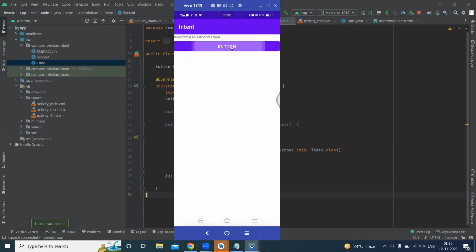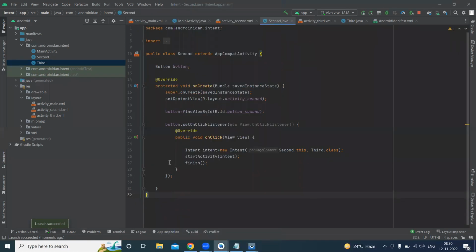So I'm going from second to third. Now I'm pressing back here. See, it's back to the first page. Why? Because I'm writing this finish here. You understand. I'm writing this. Finish means